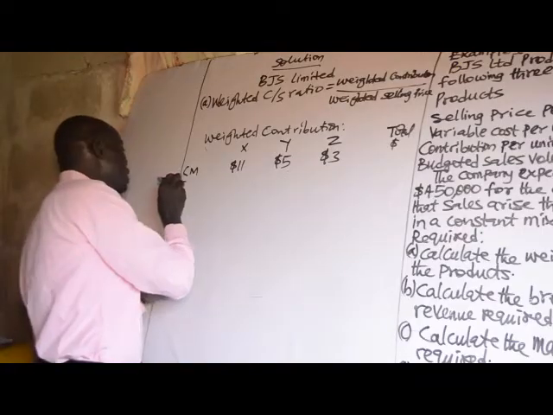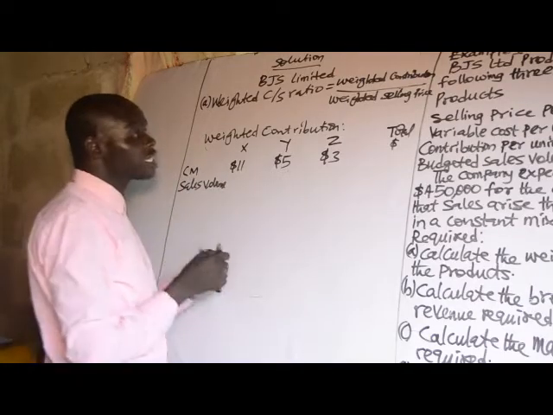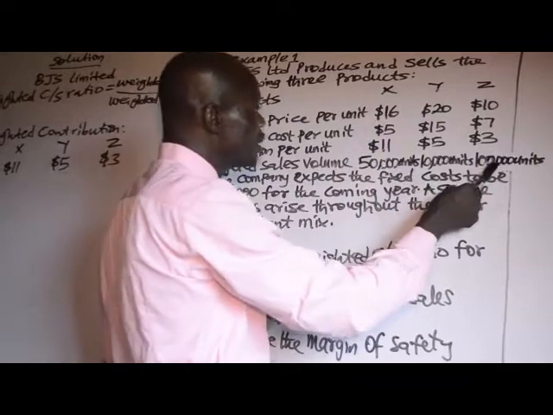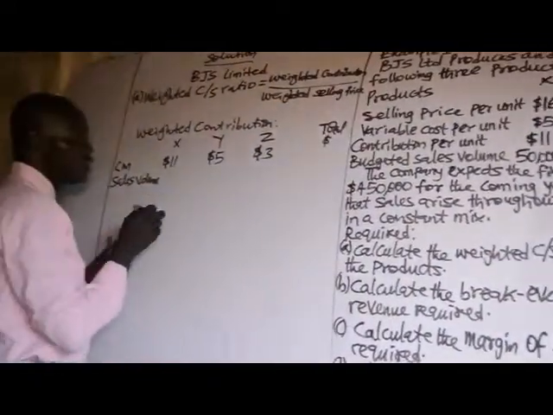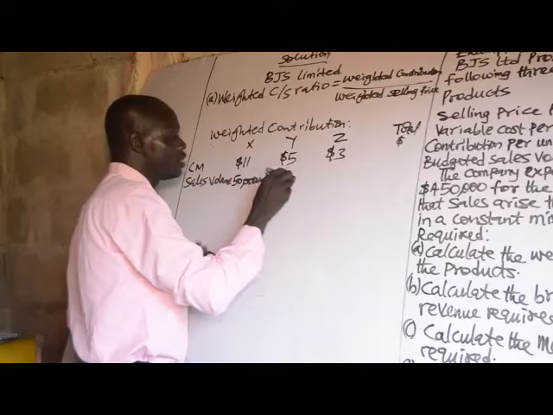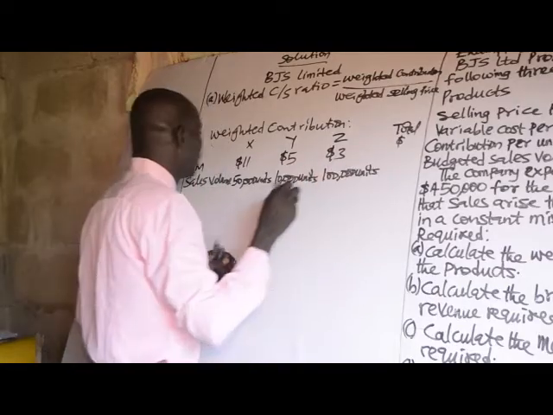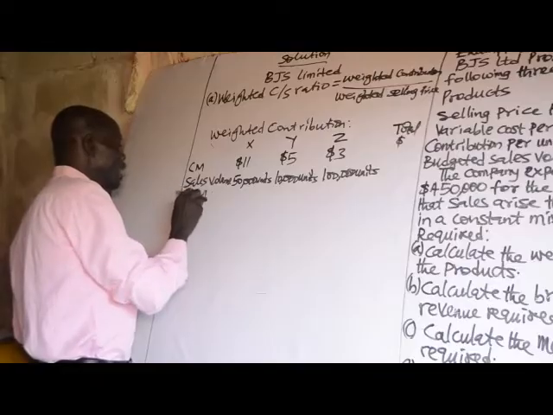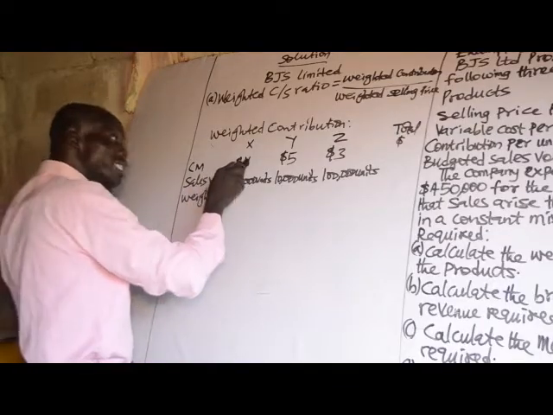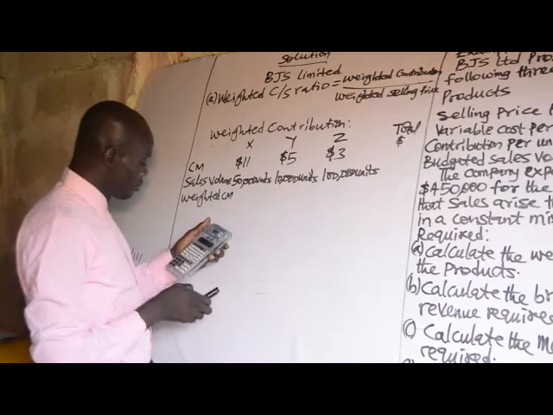I've told you that you are going to use sales volume, or budgeted sales volume, as the weight. The budgeted sales volume is 50,000 units for X, 10,000 units for Y, and 100,000 units for Z. Therefore, weighted CM, weighted contribution margin: you multiply your contribution margin by your sales volume. 11 times 50,000 will be